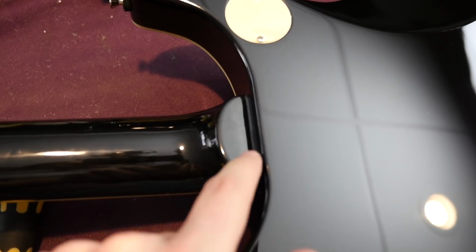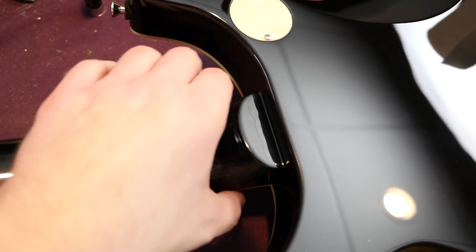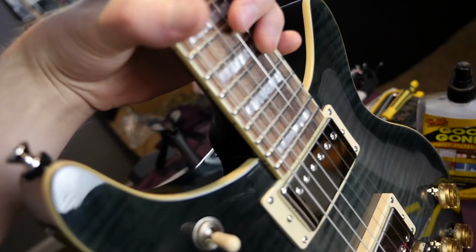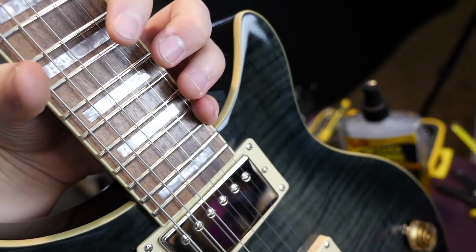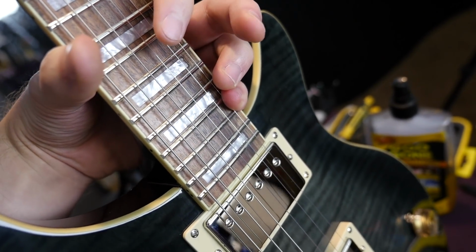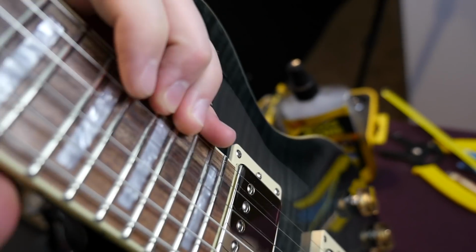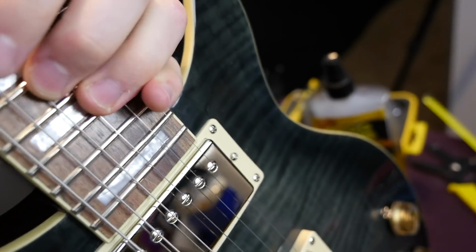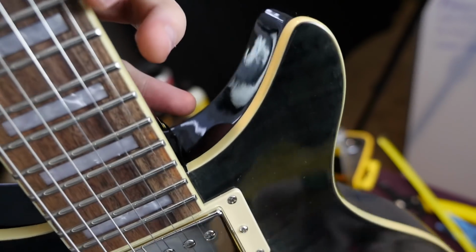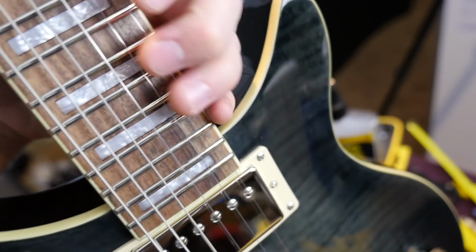This is how the heel joint is done. Personally, I think they kind of dropped the ball here. This is supposed to be an all-access neck joint, which it looks pretty good, like you get all the frets, but I can already tell it's very uncomfortable past about the 22nd fret, because this is a 24 fret guitar, but you're going to have to really reach over to get these, because this cutaway is just really in your way. I almost feel like they should have sculpted this out a little bit more in order to make it so you have room,